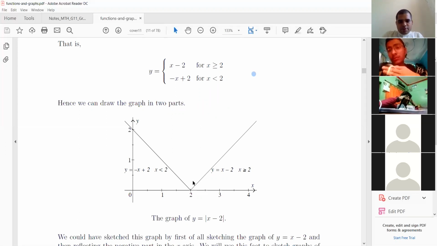So this graph is shifted from 0 to 2. You can see जो mod x ग्राफ था वो पहले 0 पे था, अब उसको शिफ्ट कर दिया 2 पे। ओके, तो जस्ट शिफ्टिंग हुई है। अगर y इक्वल टू mod x माइनस 3 होता तब क्या करते, ग्राफ को शिफ्ट कर देते 3 पे।